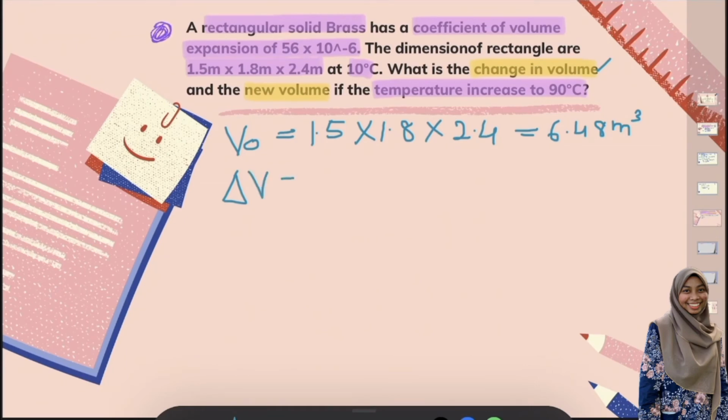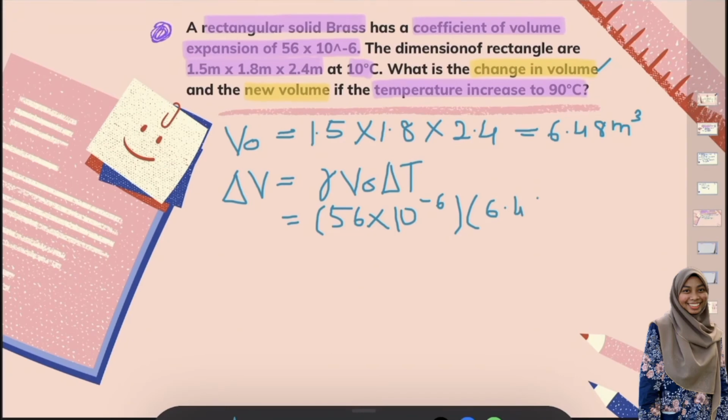Delta V is equals to gamma times V naught times delta T. Okay, so gamma is coefficient of volume expansion, which is 56 times 10 to the power of negative 6 times V naught is 6.48